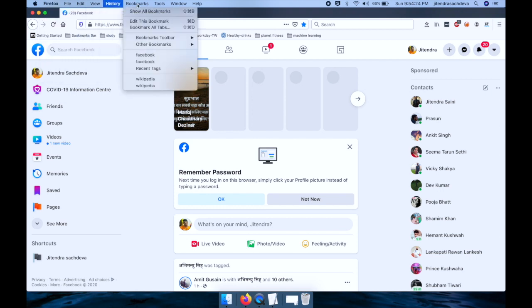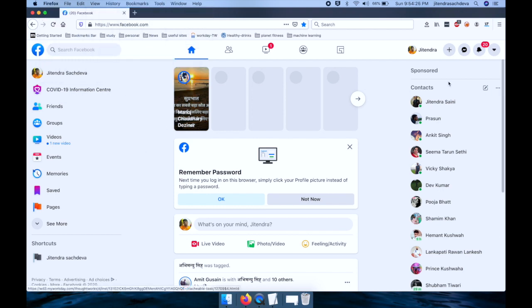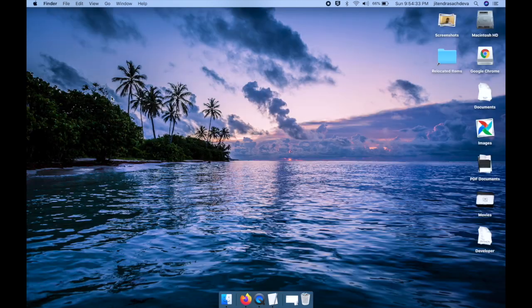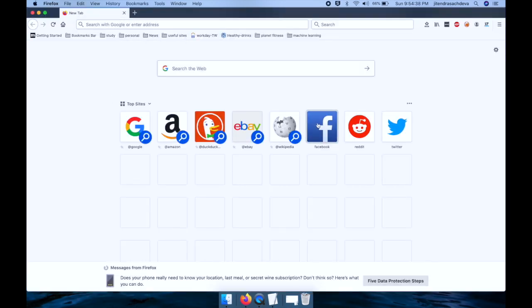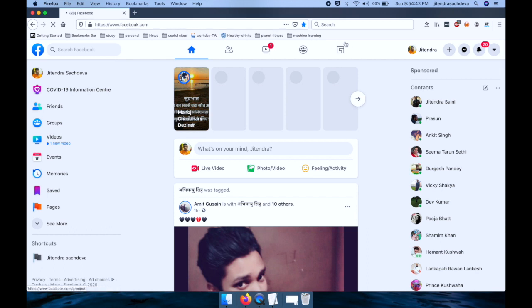Simply go to Firefox. I'll show you. By default it is not configured. So as you can see, I'm logged in to my Facebook account. If I quit the Firefox browser and reopen Firefox again, and then go to Facebook, I'm still logged in to my account, right? So now I want to make sure whenever I quit my Firefox browser, it logs me out from all the active sessions. How can you do that?